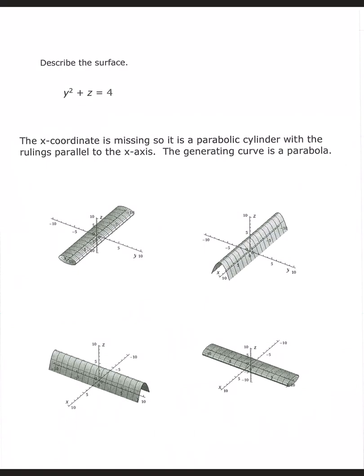Now that's a little bit of vocab here. Also, let's note the generating curve is a parabola. Let's look at what that means. I'm going to isolate z, and that'll give us z equals 4 minus y squared. Now, if we were just doing this in 2 dimensions, for example, it would be y equals 4 minus x squared,